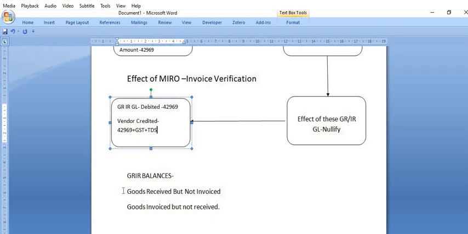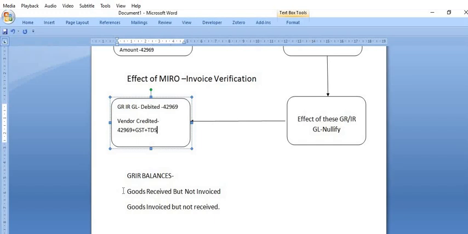There is a third possibility. For example, we have ordered 100 quantity. 100 quantity MIGO is successfully done, but once the vendor supplied the bill, we did the Miro for 50% payment, 50 quantity.